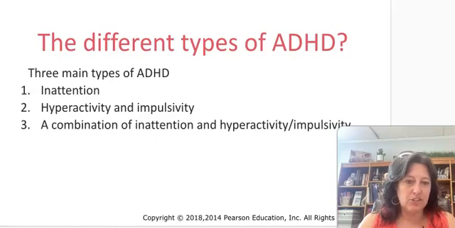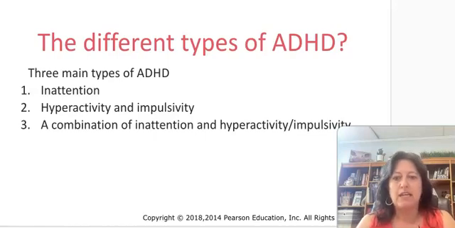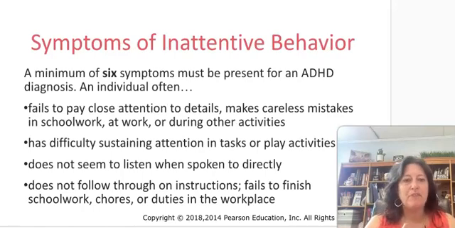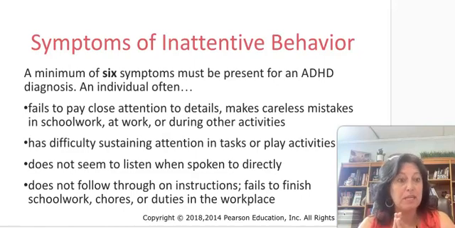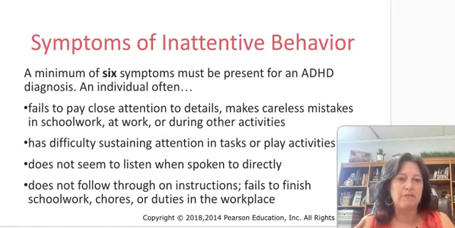So there's three main types of ADHD. There is inattention, and then there's hyperactivity and impulsivity. And then there's also the third one, which is a combination of inattention and hyperactivity, impulsivity. So the symptoms of inattentive behavior. When you would get this as a checklist from a doctor's office or a pediatrician's office, you'll be talking about the frequency of when events take place. And so when you're going through that frequency, you need a minimum of 6 symptoms to be present